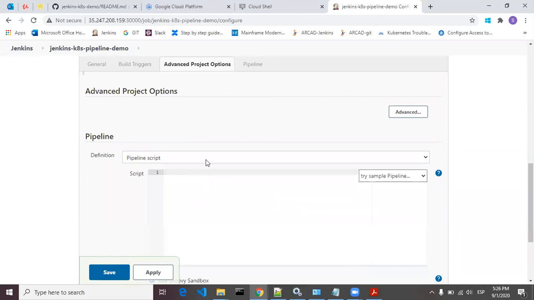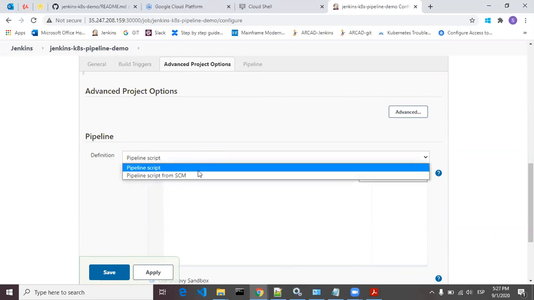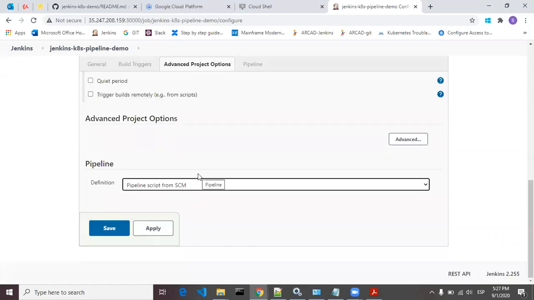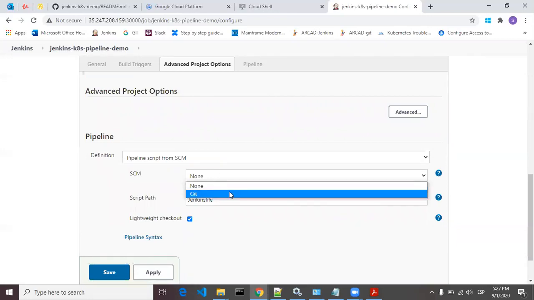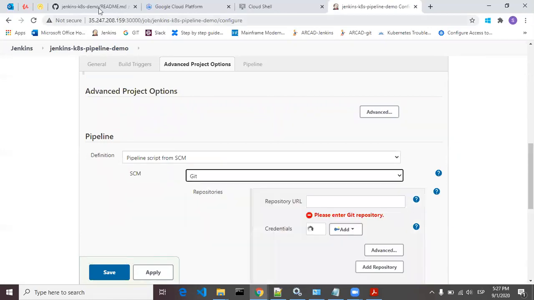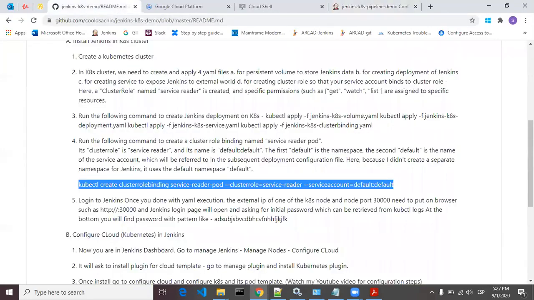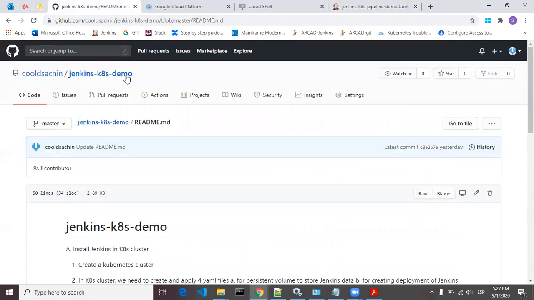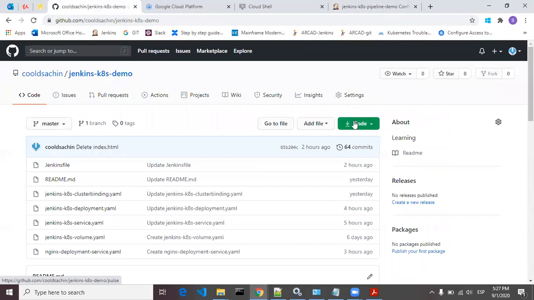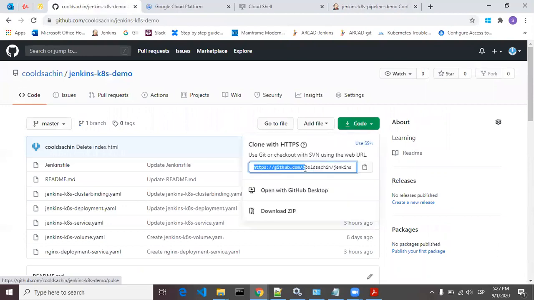At the bottom, I can see the option pipeline. Choose the second option, which is the same as Git, and you have to provide the Git repository URL. This is my Git repository URL.